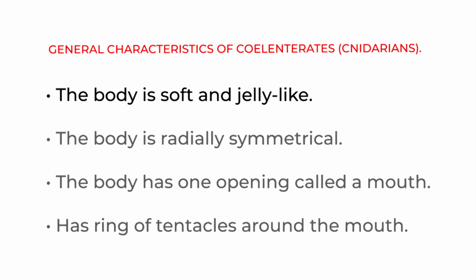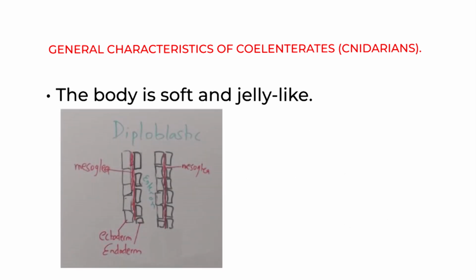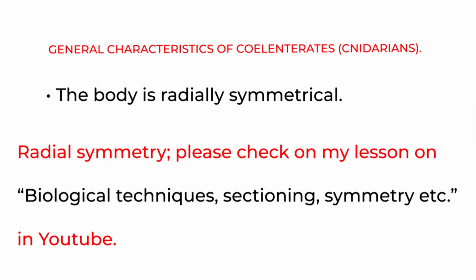The body is soft and jelly-like because it has two layers of cells in the body wall, and in between the two layers of cells is a jelly called mesoglea. That is what makes the organisms soft and jelly-like. Then, as we have said, it is radially symmetrical,